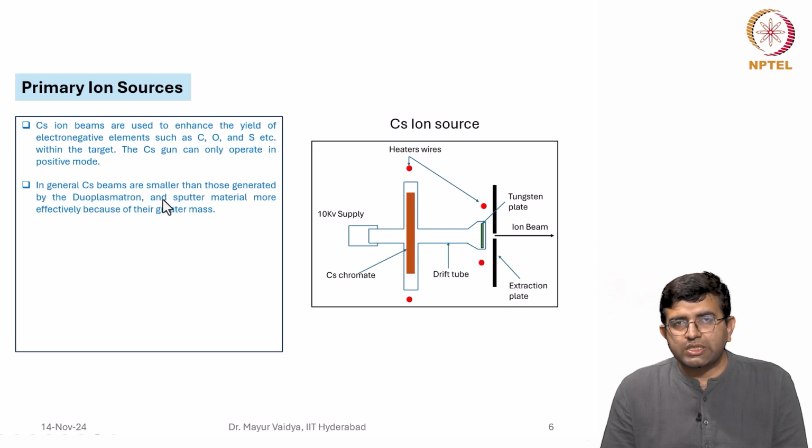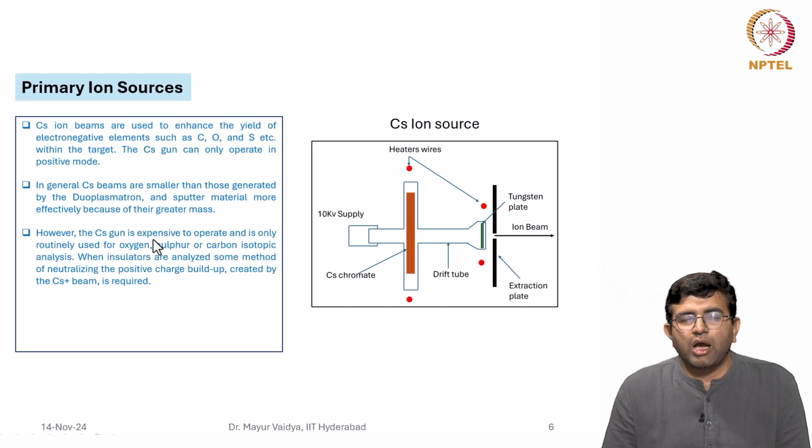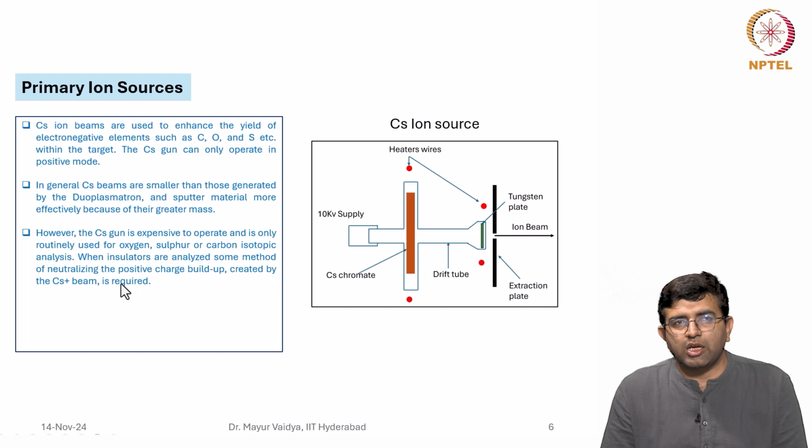In general, the Cs beams are smaller than those generated by a duoplasmatron, and the sputter material yield is more because of their greater mass. However, the Cs gun, the cesium gun, is expensive to operate and is only routinely used for oxygen, sulfur, or carbon isotopic analysis. When insulators are analyzed, some method of neutralizing the positive charge buildup created by the Cs+ beam